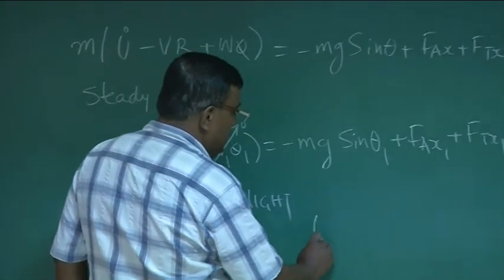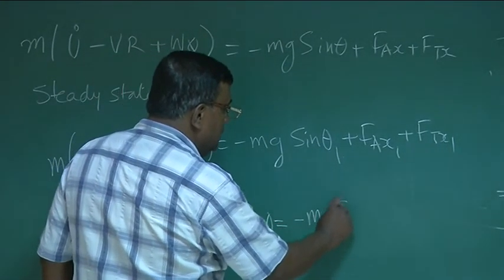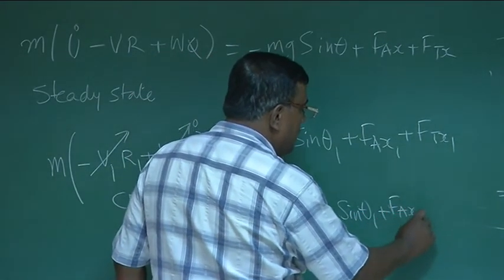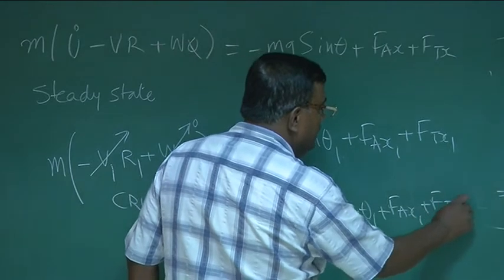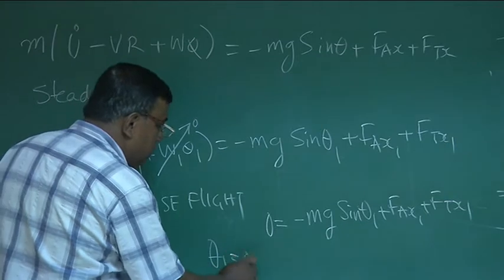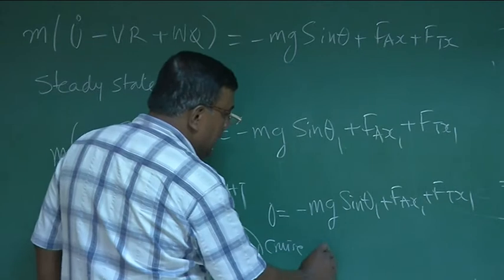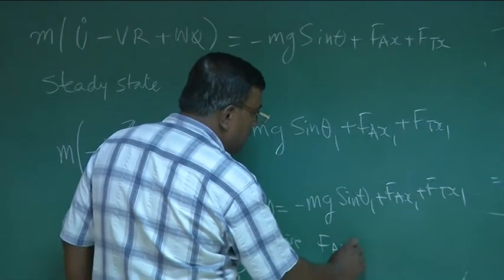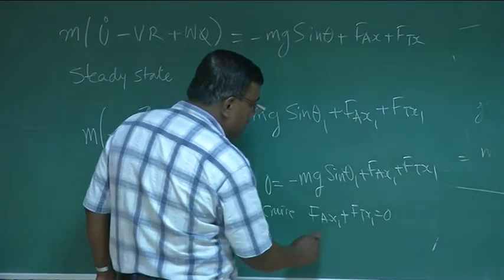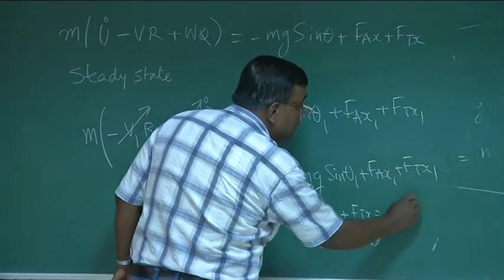We will get 0 is equal to minus mg sine theta 1 plus Fax1 plus Ftx1. Now you see here, if theta 1 is 0, which is essentially true for a cruise, then what do we get? We get Fax1 plus Ftx1 equal to 0. And that is nothing but minus D plus T equal to 0, and you know this is nothing but T